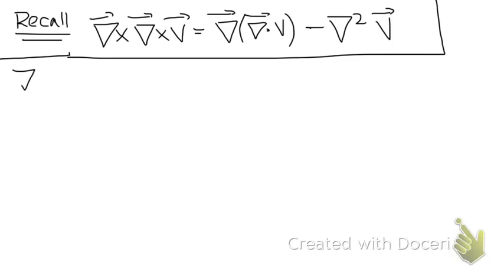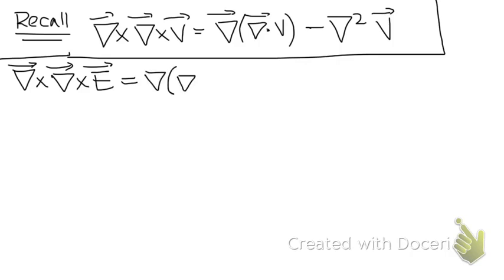The curl of the curl of my field E is equal to del of the divergence of E minus the Laplacian of E,